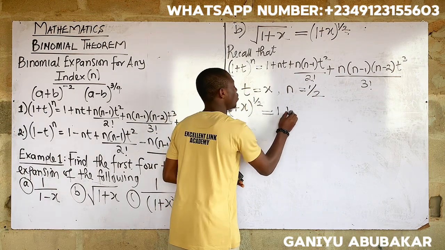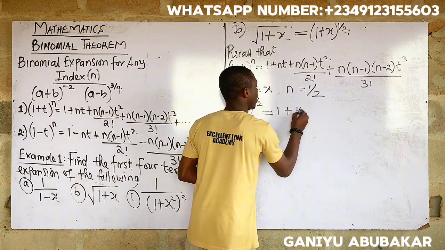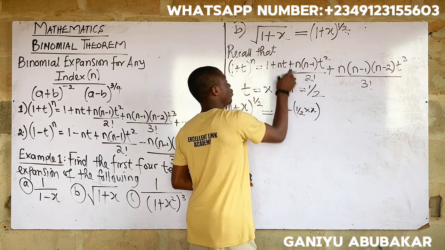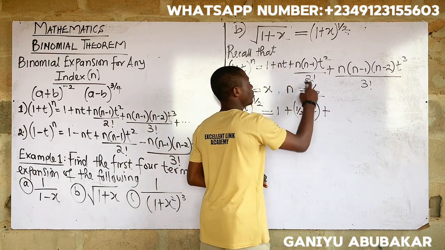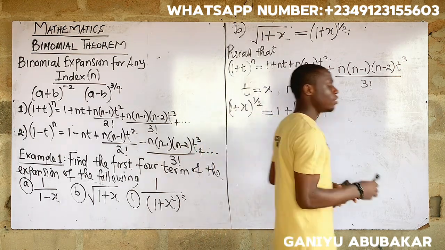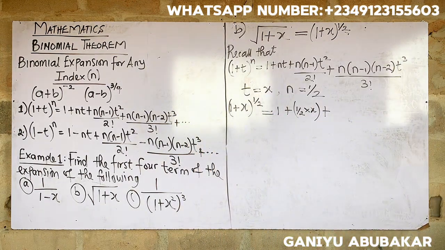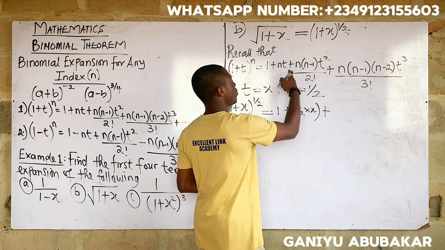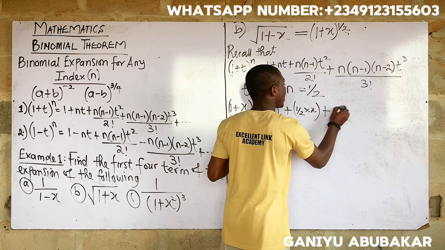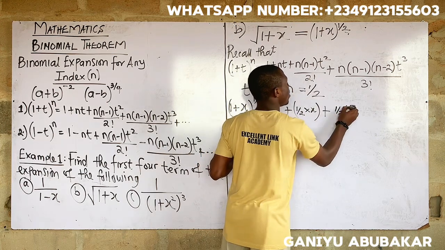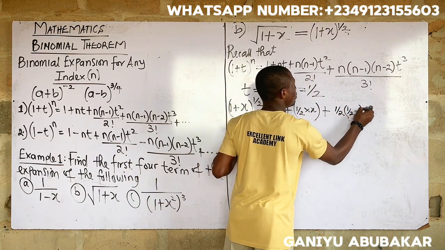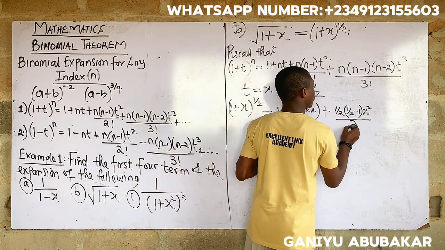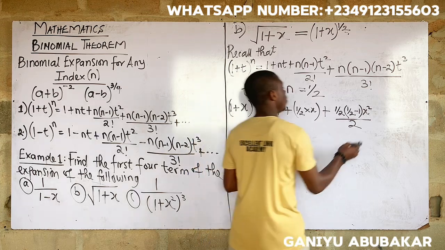I will have 1 plus, what's n? n is half, times what's your t? That's x. That's for this one here, plus this plus is this plus here. What's your n? That's half into half minus 1. What's your t? That's x squared over 2. 2 factorial is 2, plus